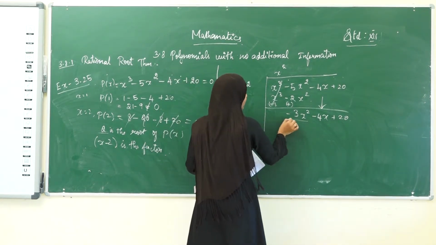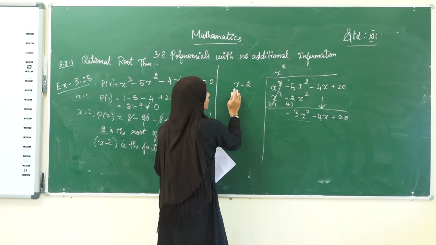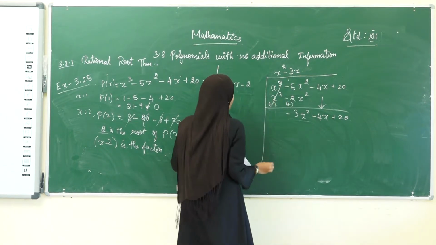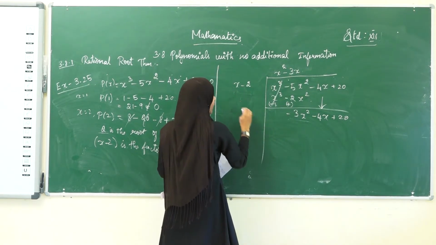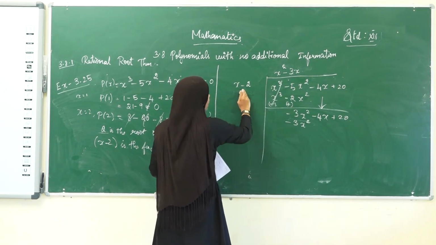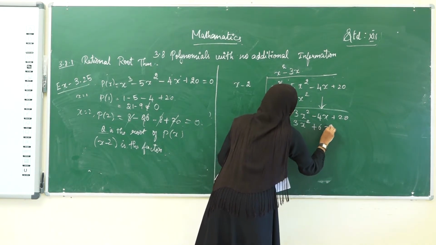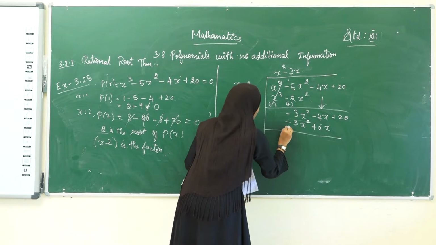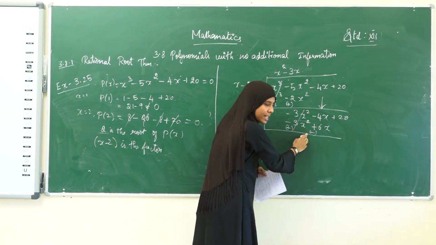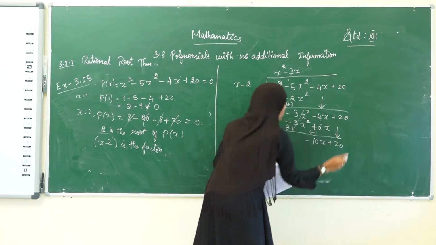Now consider this term. Here it is minus 3x square. Here it is only x. See the first term alone. So when multiplying this with minus 3x, multiply minus 3 into x is minus 3x square. Minus 3x into minus 2 is minus into minus plus, 2 into 3 is 6x. Okay. Now again we are going to change the symbol. This term gets cancelled. Here it is minus 4x. Here it is minus 6x. Therefore minus 10x plus 20. This term gets brought down. Okay.